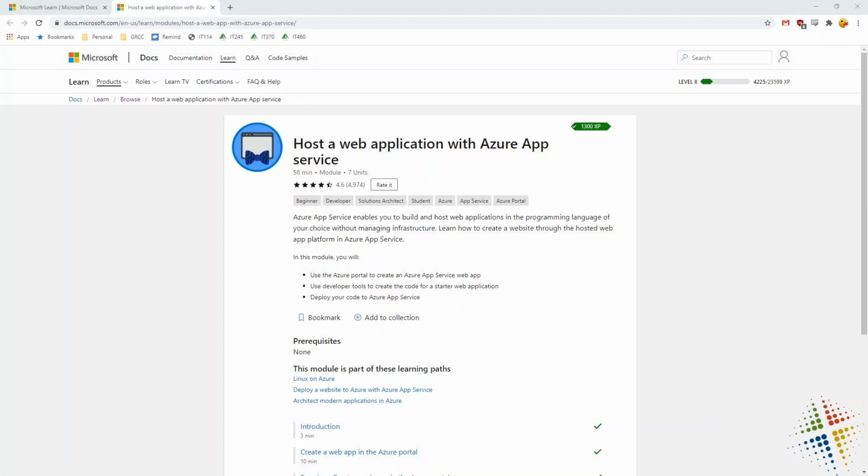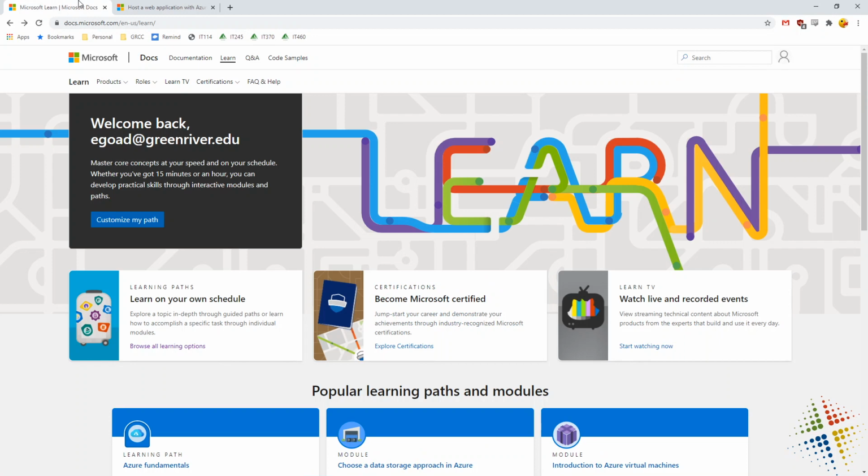In this video, I'm going to walk through the Microsoft Learn Lab for Azure to be able to host a web application with the Azure Web App Service. Now, in order to get to these labs, first I want to talk about that. So we'll actually open up over here, and I'm at a website called docs.microsoft.com